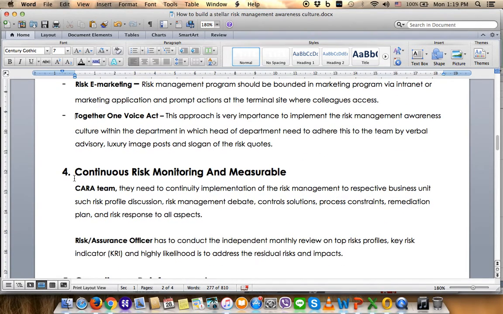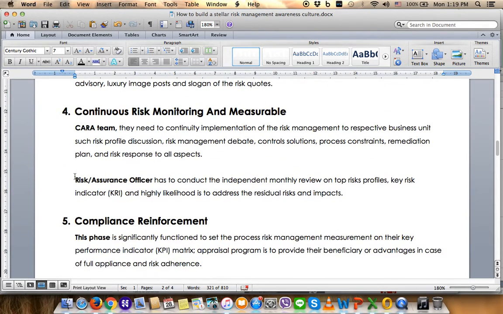So the number four: continuous risk monitoring and measurable. The Kara team needs to continuously implement risk management with respect to each business unit or department, such as risk profile discussion, risk management debate, control solution, process constraint and remediation plan, and also risk response to all aspects. And the risk and assurance officer has to conduct an independent monthly review